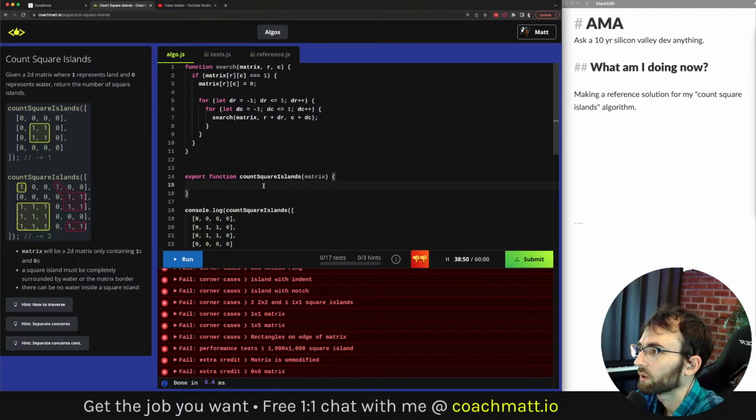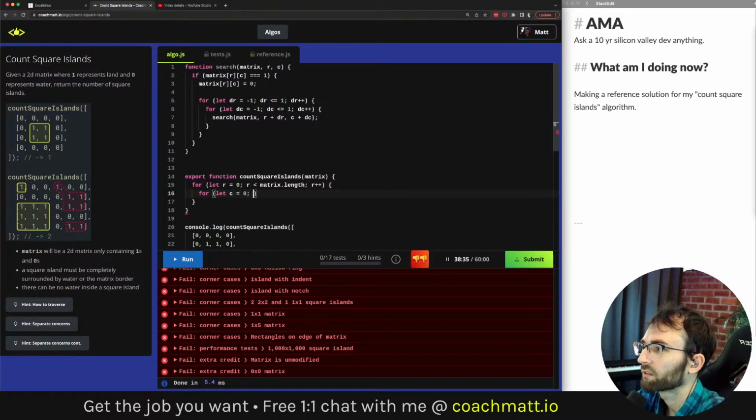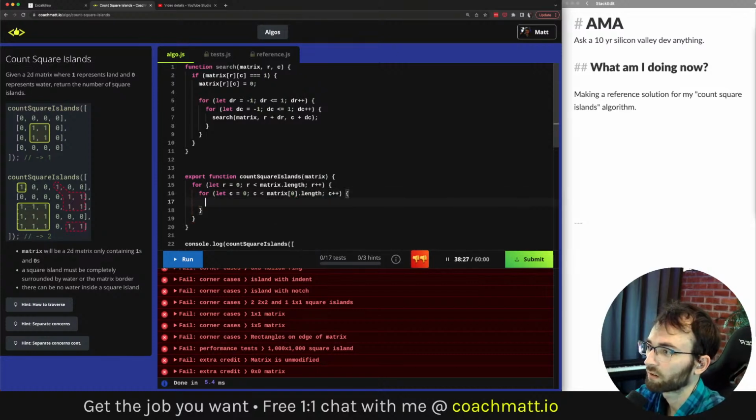So for each cell, for let row equals 0, row less than matrix.length, row plus plus, or let column equals 0, column less than matrix[0].length. Another good clarifying question is whether the input array is rectangular. Let's assume it is.